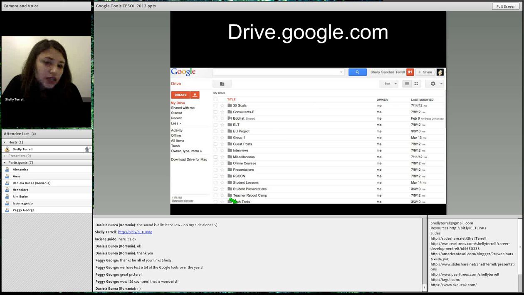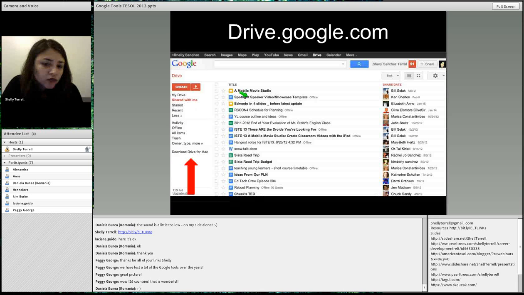You can add different folders. I have different folders for all kinds of things. It has drag and drop features. I love the drag and drop. You can see I've only used 11%, and look how much stuff that I have that I've created. I can have PDFs, I can have spreadsheets, I can have all kinds of things in my Google Drive.